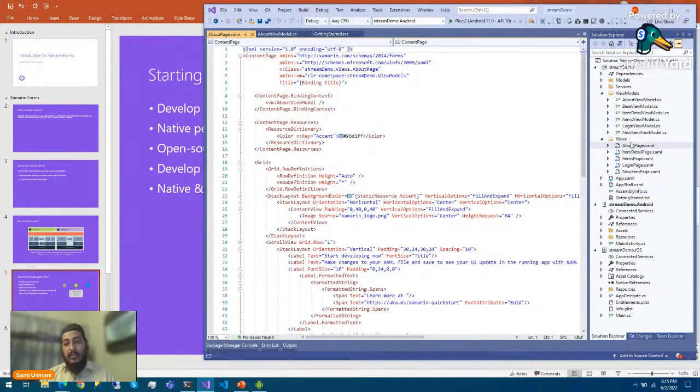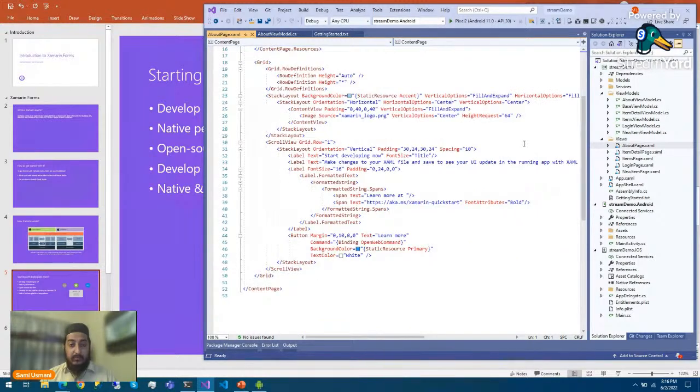All right, starting with the views. We have some views created beforehand from the boilerplate code, and here you can see XAML, the language for the development or designing of the page. What is XAML? XAML is a markup language from Microsoft, and it is somewhat similar to HTML, but not quite. Getting started with it is simple.